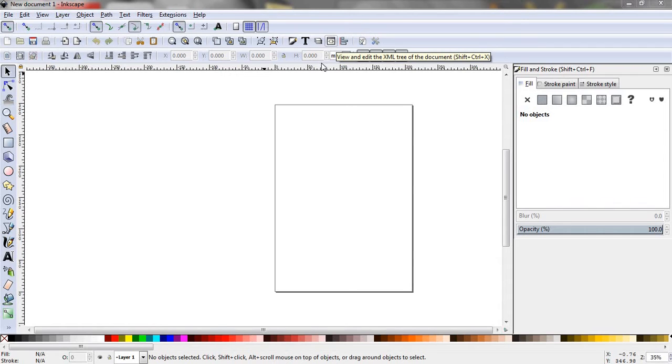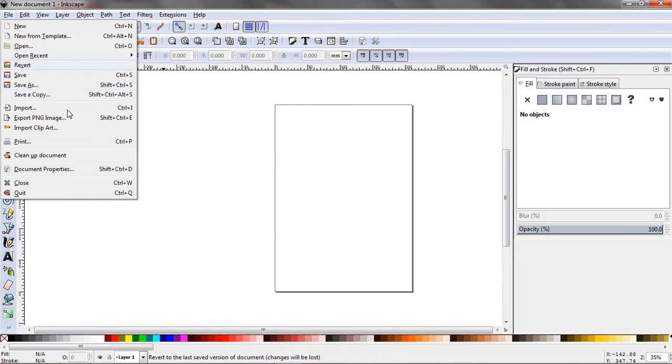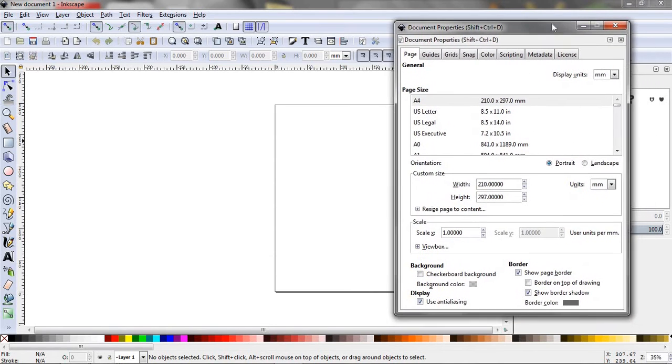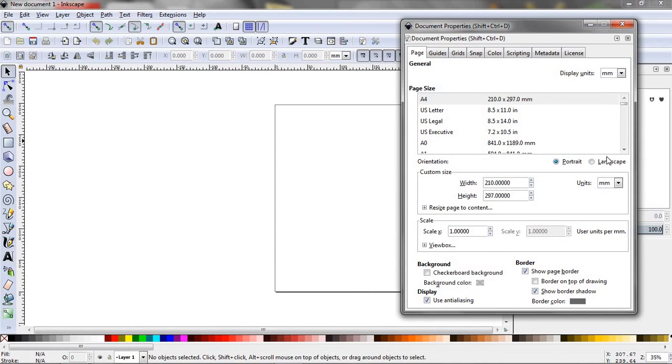Tutorial video on how to use the Bezier tool in Inkscape, as well as change the landscape or the orientation of your layout, whether you want it portrait or landscape. If you want to do that, you just come over here to File, come to your document properties. I don't know why it keeps putting that thing in the corner, but it does it all the time. And right here is where you would change that